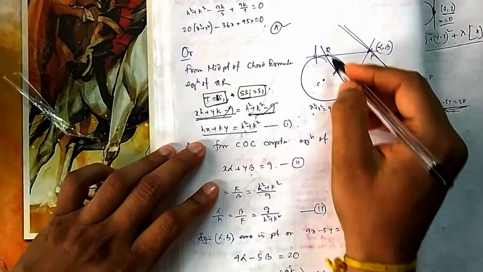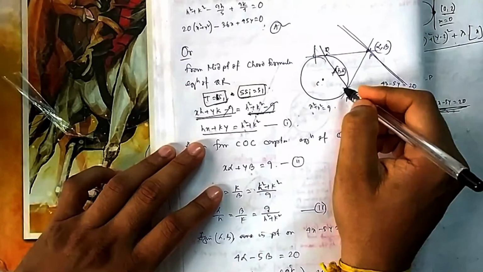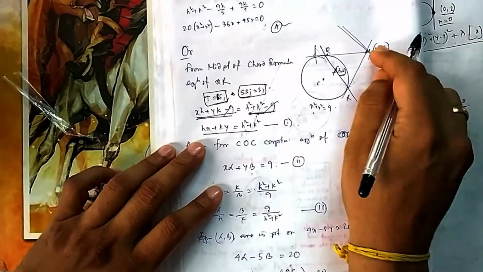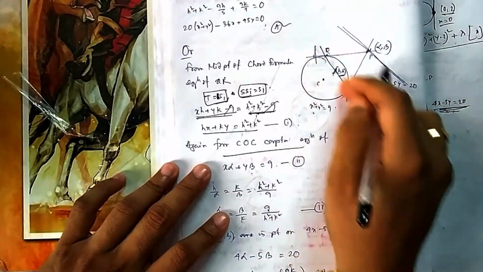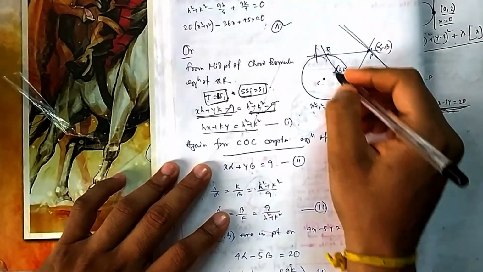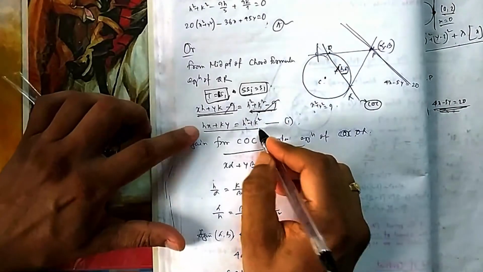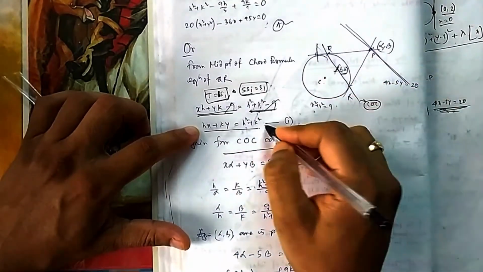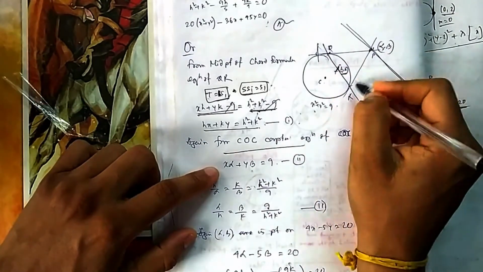This is the equation of this line, the chord. This is the equation of the chord. Now this is also the equation of the chord with respect to this. If I take this one as alpha beta, this is the equation of the chord with respect to this point, and this becomes the equation of a chord whose midpoint is given. So I have written this with respect to this whose midpoint is given. Now this is also the chord for this line.